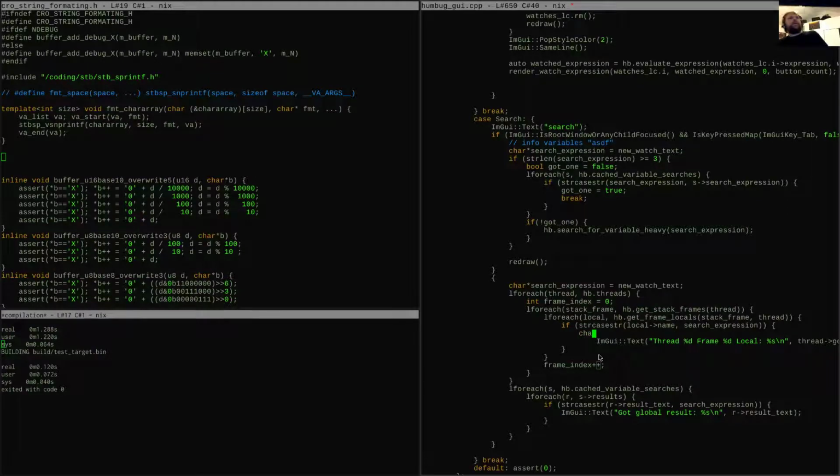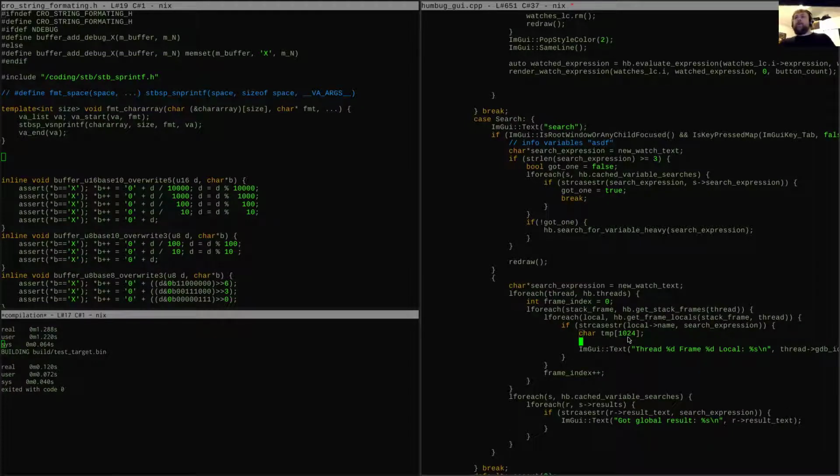Why didn't I make that a macro? I understand why I didn't make this a macro, but never mind, whatever. Must stay focused. Alright, char temp 2044, okay, good.